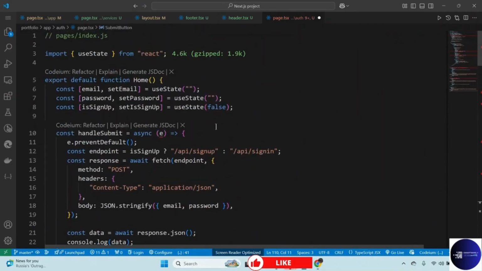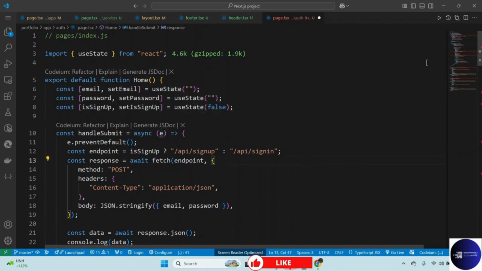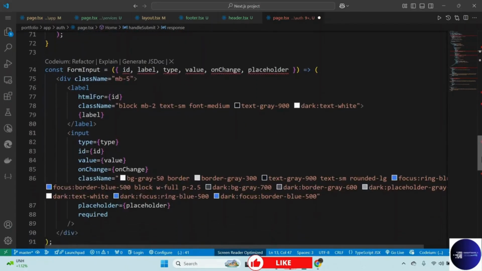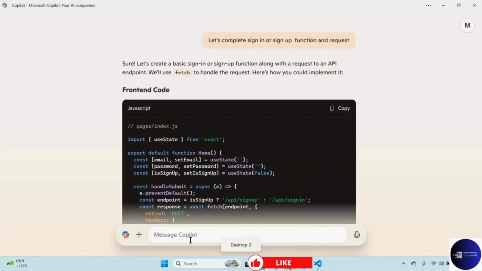I have a couple of things. Since we are using TypeScript, that's why you are seeing this warning. So you need to fix them. You can also ignore them for now, and you can also tell AI that you are using TypeScript,